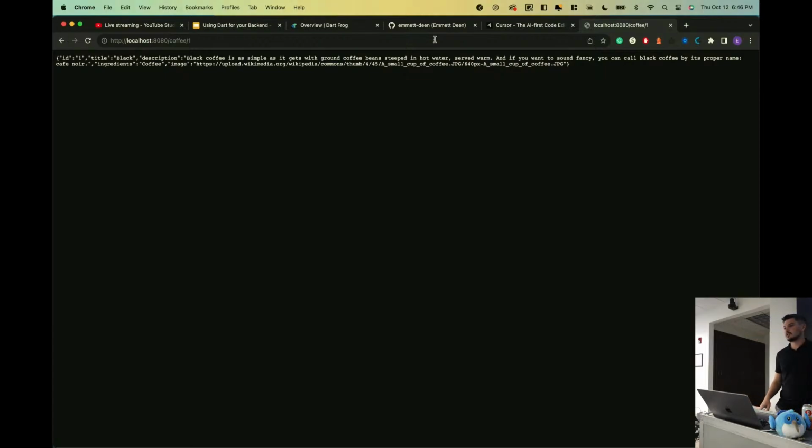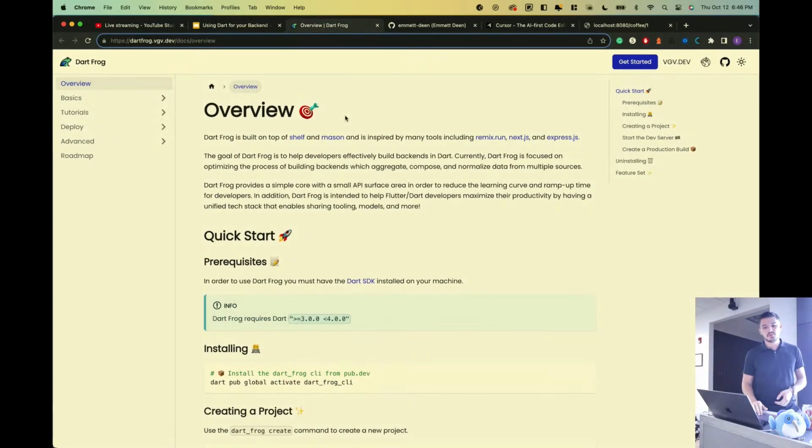So this is really interesting, right? Because now we've built a really simple API that's pretty capable, all with the Dart language all the way through to the front end of our app. So even though this is really new, it's very capable, and it's something that could save you a lot of time. And I think it's really interesting if we hop over real quick to the Dartfrog documentation and look at